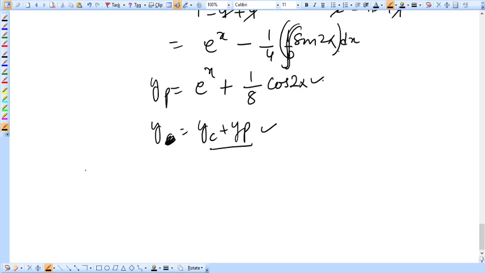So the third problem: solve d square x square, plus